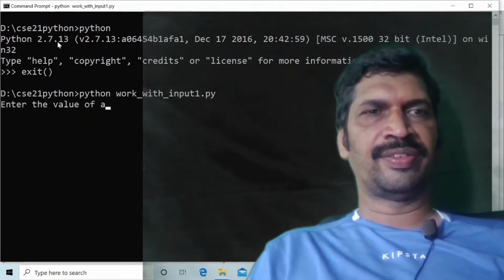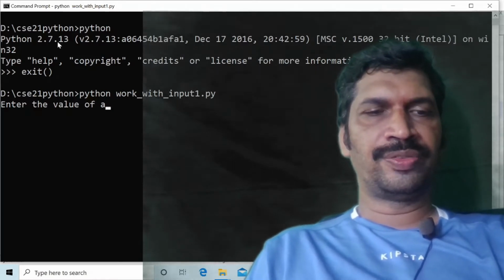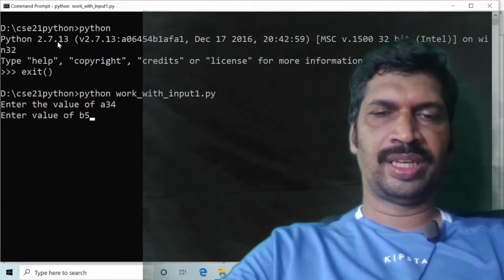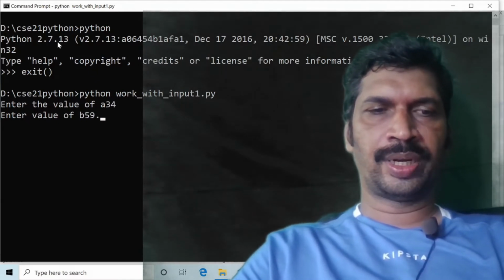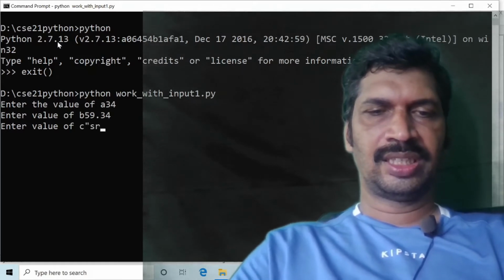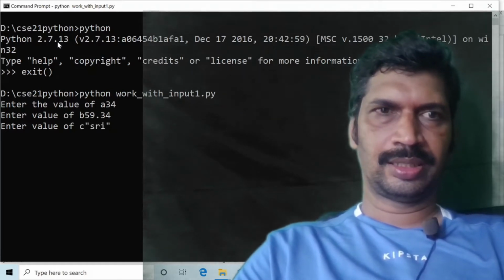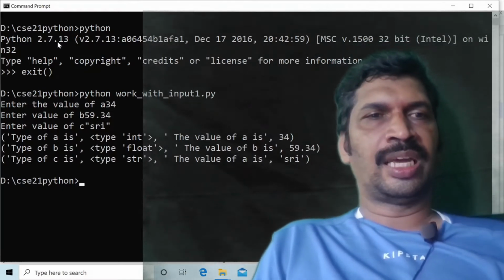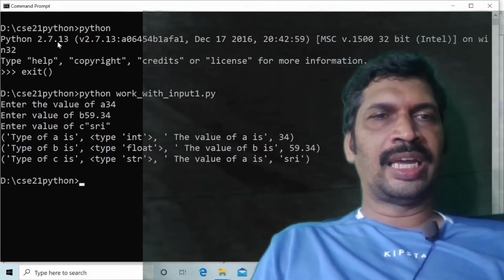Enter the value of a: 34. Enter the value of b: 59.34. Enter the value of c: SRI. Type of a is type int.